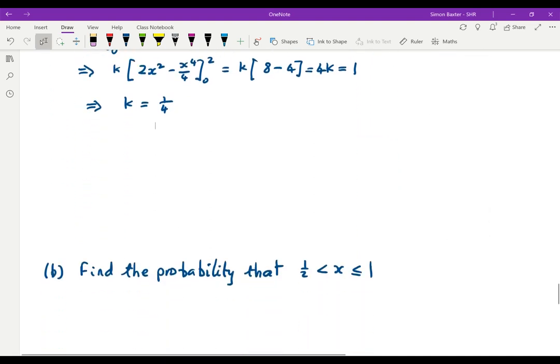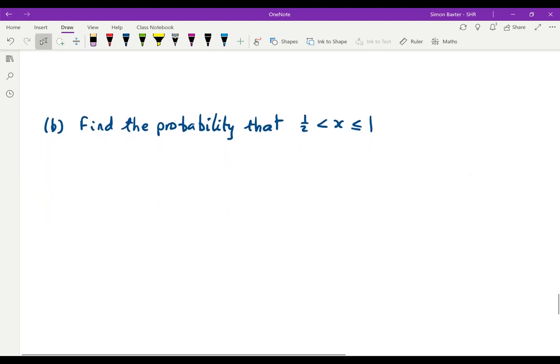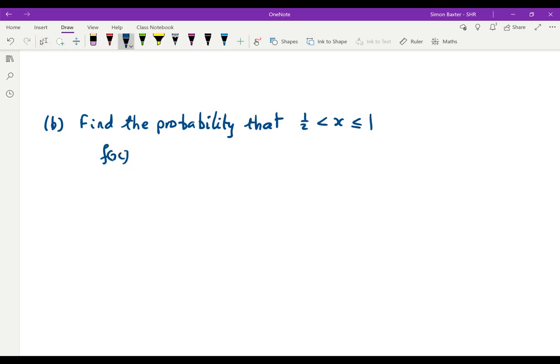Okay, let's move on a little bit. Find the probability that a half is less than x is less than or equal to 1. Well, f of x, because it's disappeared over the top, let's just remind you what it is. It's k, which we worked out was a quarter, of x times 4 minus x squared. And that was in the region between 0 and 2. So half to 1, we're still okay. The probability between a half and 1